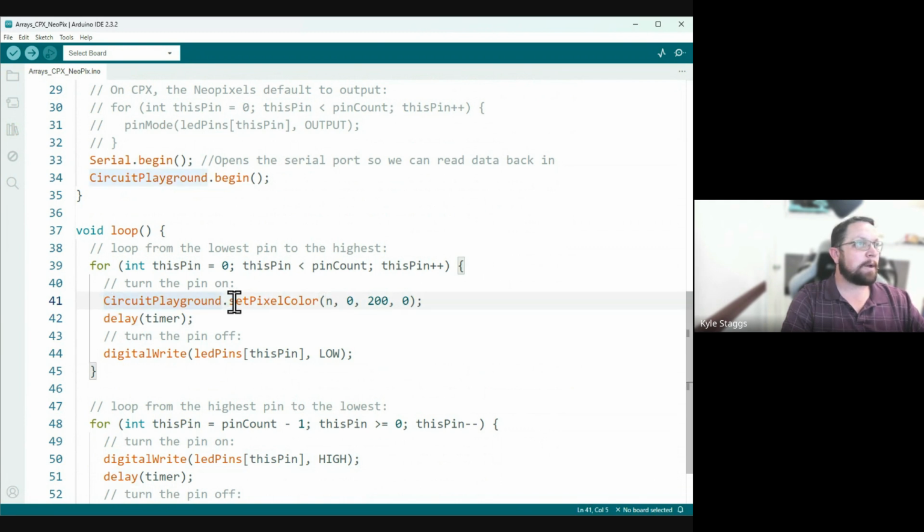So Circuit Playground set pixel color. We're using this pin because this is a helpful index. So long as this pin is less than pin count, set it to,